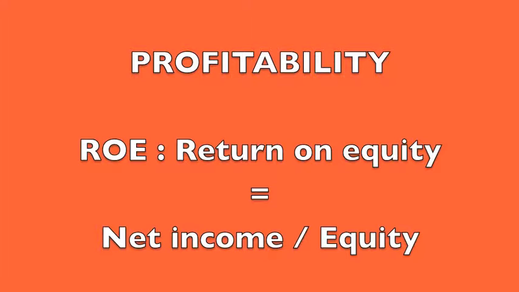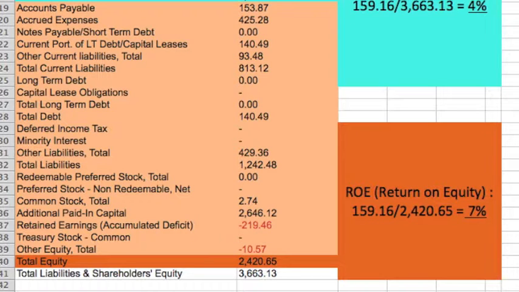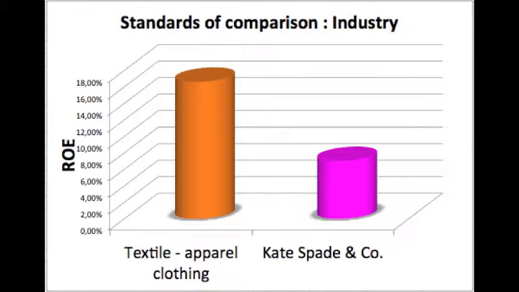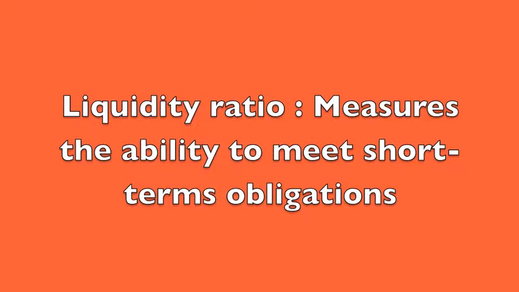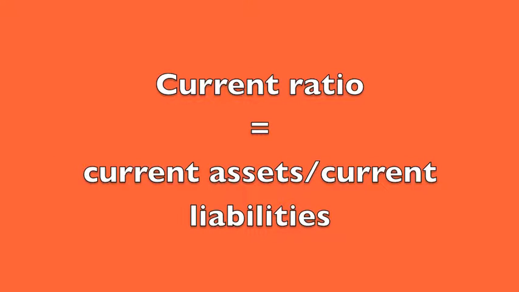The third ratio is the return on equity. If we divide net income by shareholders' equity, the ratio is only 7%. Compared to the industry, which is 16%, Kate Spade doesn't generate a lot of profit out of the money shareholders have invested. Finally, in the second financial ratios category, which is liquidity, we have to analyze the current ratio by